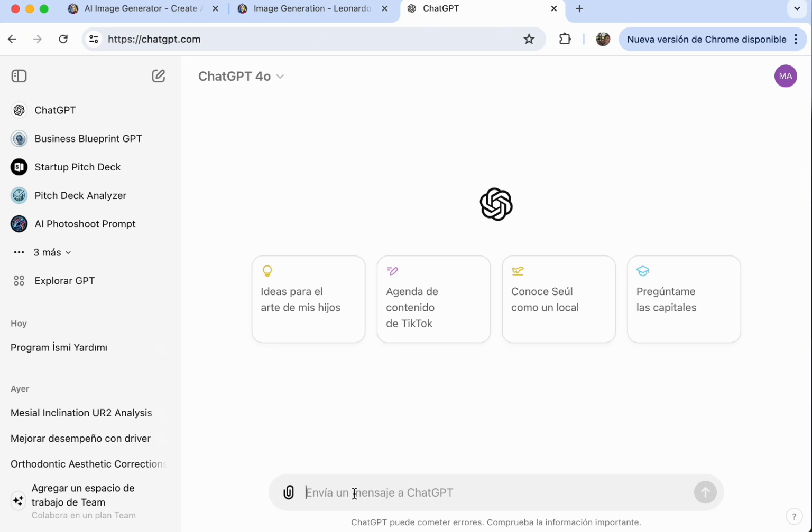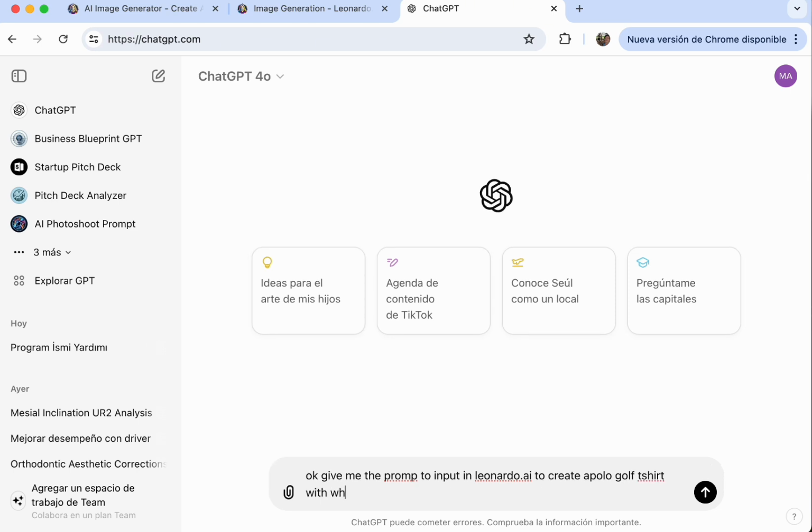So I just asked GPT to give me the prompt to create a new t-shirt using patterns of the Mayan cultures in Mexico. And then I just said, okay, give me the prompt to input in Leonardo.ai to create a polo golf t-shirt with white background